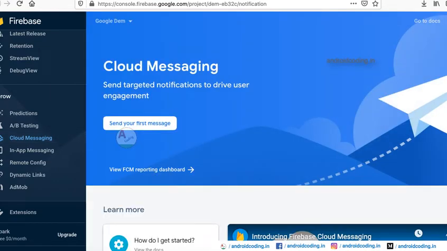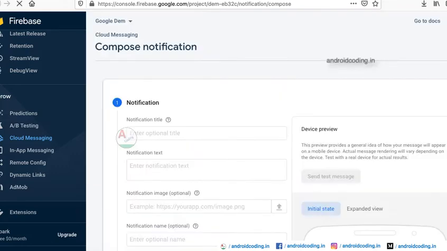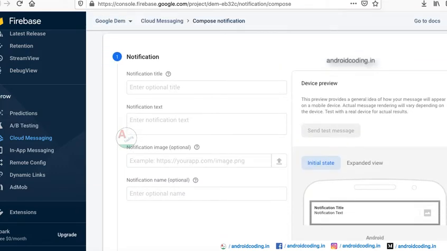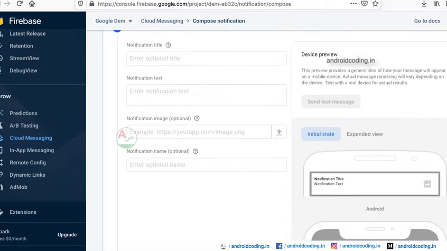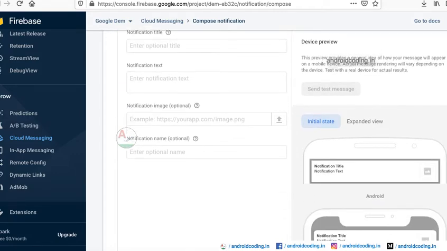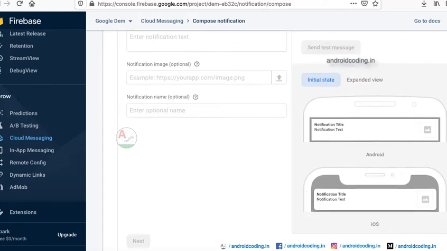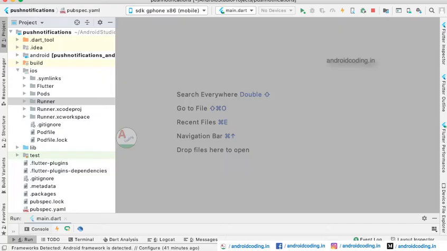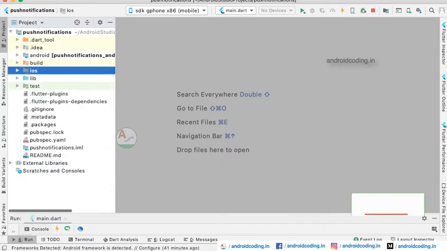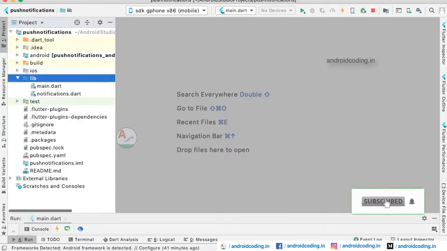Click on send your first message, and here you can see a notification title and notification text. This is the title and this is the message which is included in the notification. Here you can see the output. It will look similar for Android and iOS. Let us see the code level implementations before seeing the output.